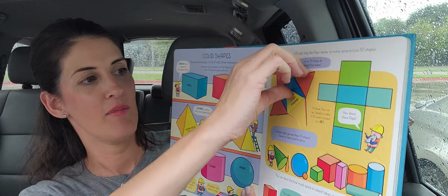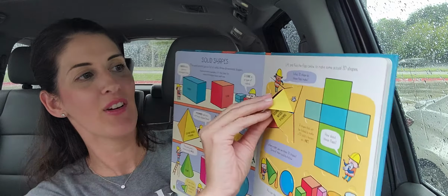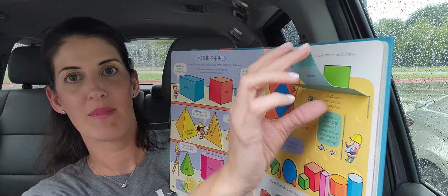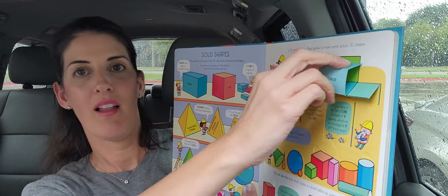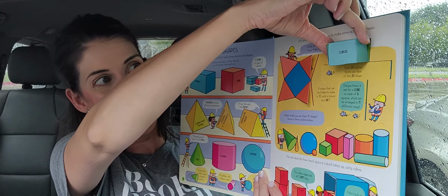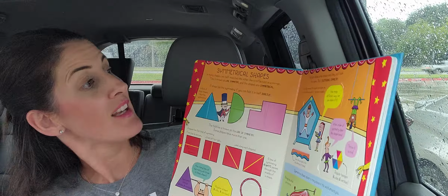And the star is a pyramid, but it's also a bunch of triangles, and so you can make 3D shapes and cubes out of these flaps by folding them all up. And let me see if I can do it with a hand. Whoa, look at that! We made a cuboid. How cool is that? So we have solid shapes and symmetrical shapes,